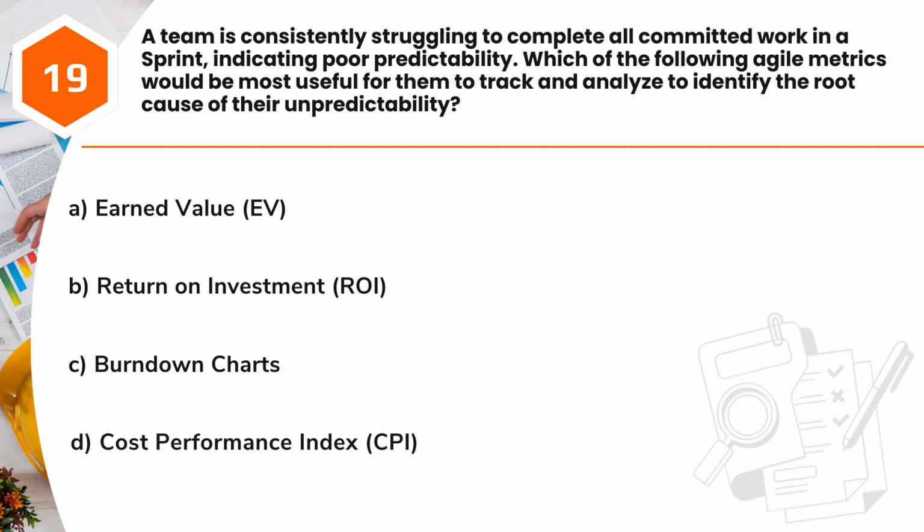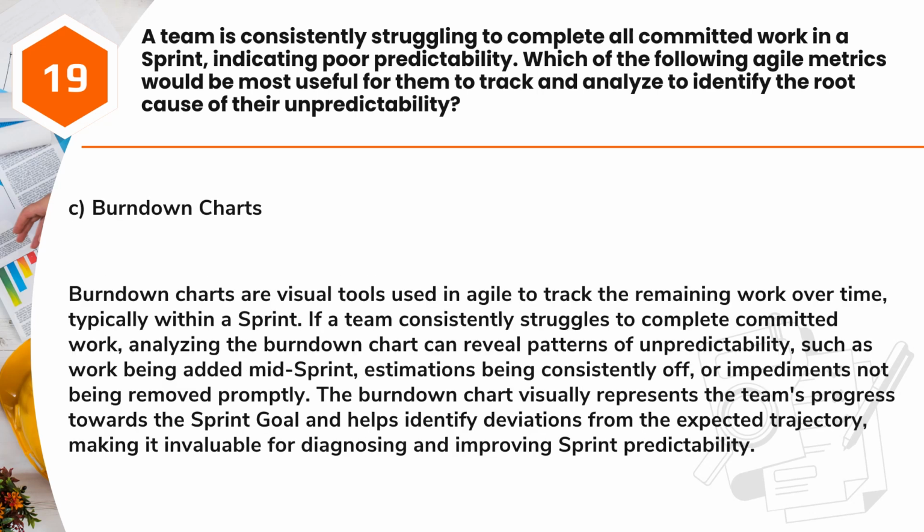Answer. C. Burn down charts. Burn-down charts are visual tools used in Agile to track the remaining work over time, typically within a sprint. If a team consistently struggles to complete committed work, analyzing the burn-down chart can reveal patterns of unpredictability, such as